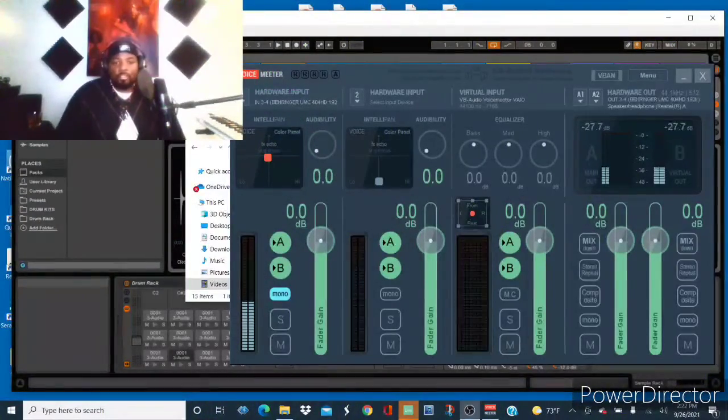Okay, so these are my settings. It seems like everybody does it a little bit different. Just what I'm running with here is I'm running with the Behringer Euphoria interface, and I got Ableton, OBS, and Voicemeeter. So in OBS, what I did was I turned the desktop